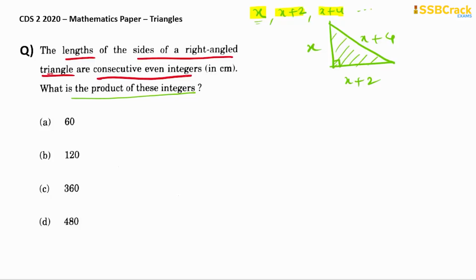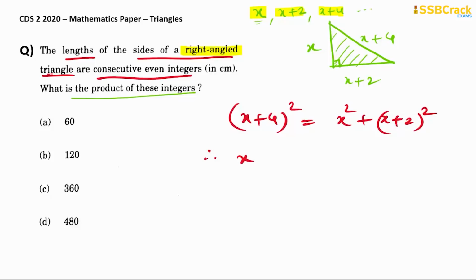And to find out, we have the required condition that the triangle is a right angle triangle. So if the triangle is a right angle triangle, we know it satisfies the Pythagoras theorem. So we have hypotenuse square equal to the sum of the squares of the other 2 sides. So just solve this equation, and you can easily see the required equation to get the value of x. So it is x square plus 8x plus 16 equal to 2x square plus 4x plus 4.